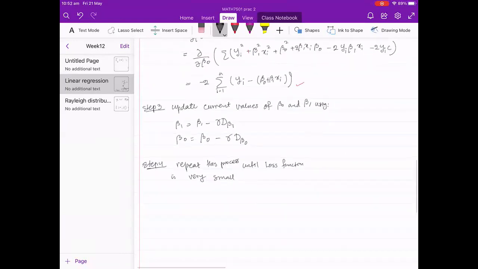The third step is you would update the current values of beta 0 and beta 1 using these two equations, where beta 1 is your original, previous beta 1 minus the learning